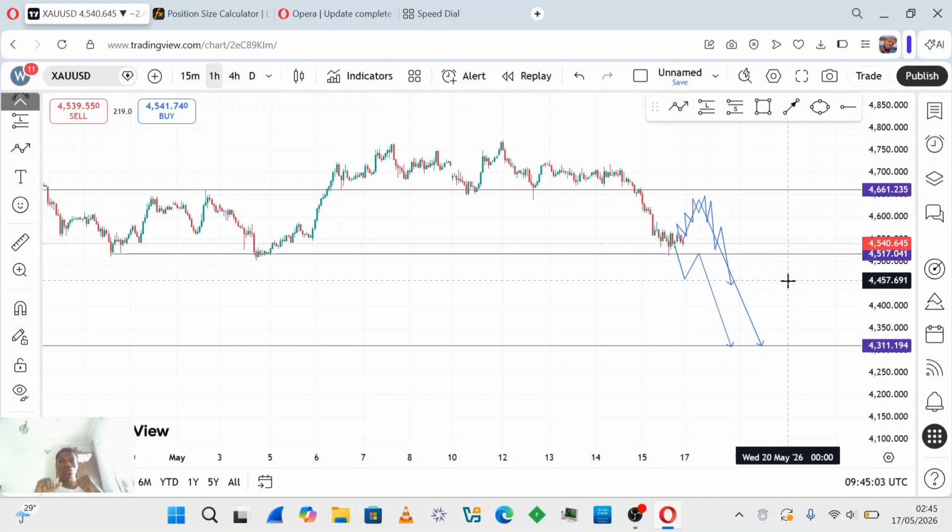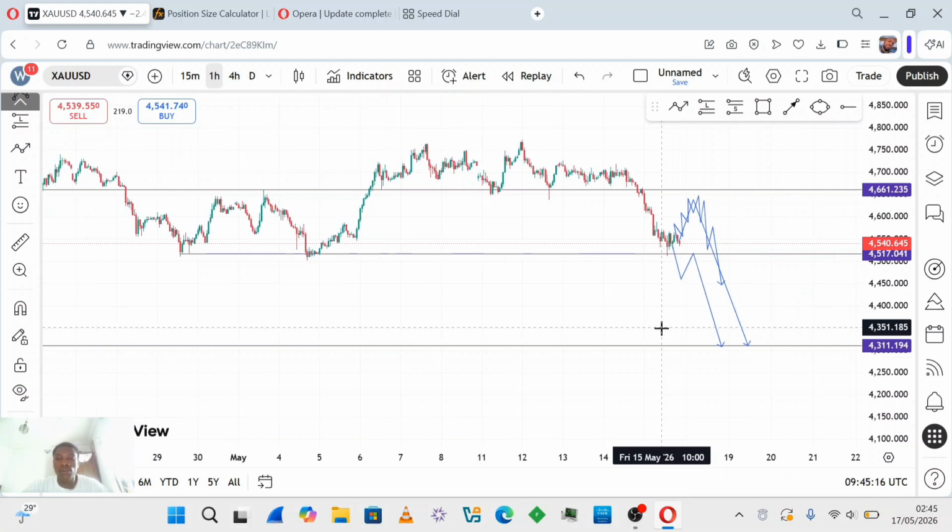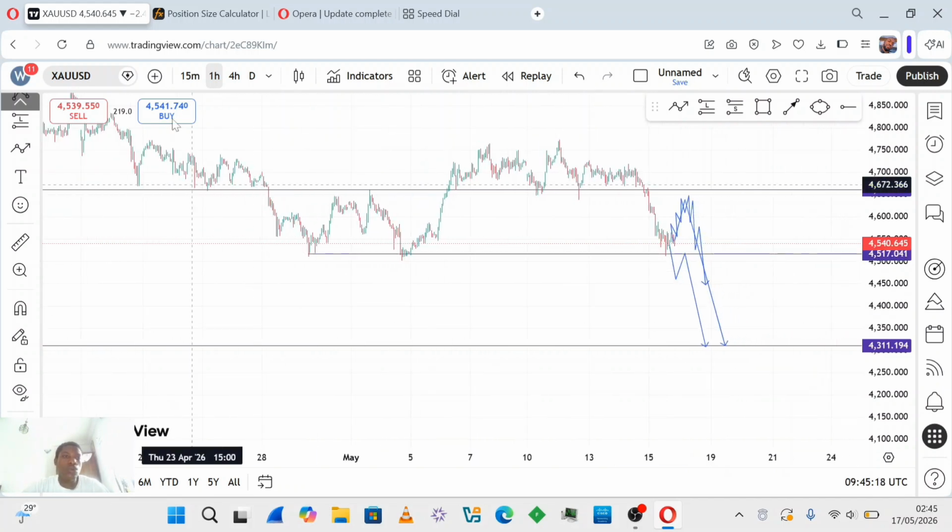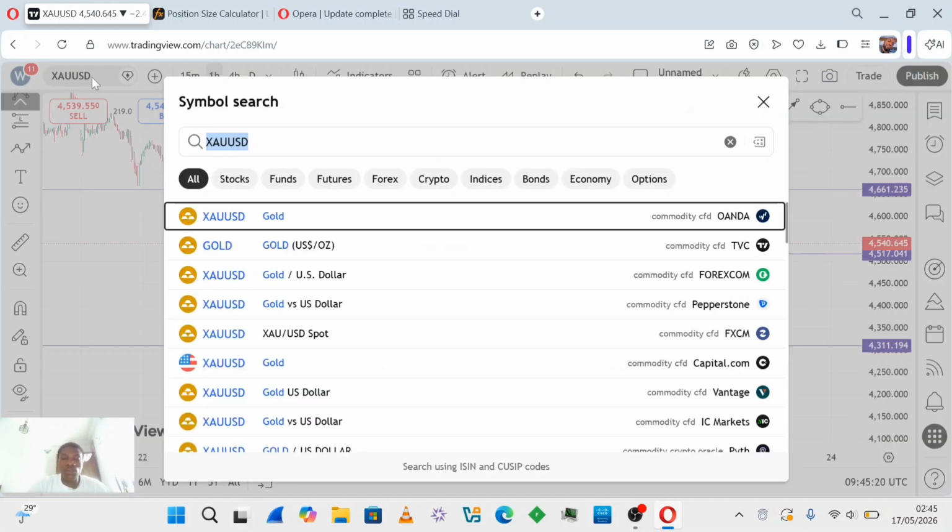That's how it works. So this is my own prediction on gold, and I also trade USD. So I will head over to USD and show you what I'm also expecting. So this is gold, and let's go to US 30,